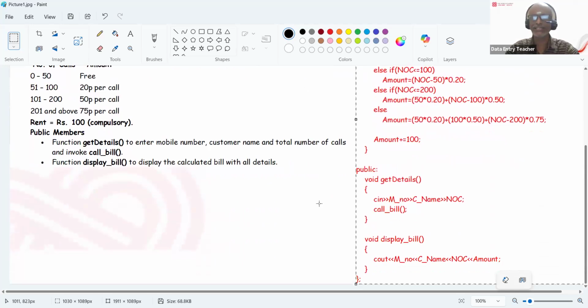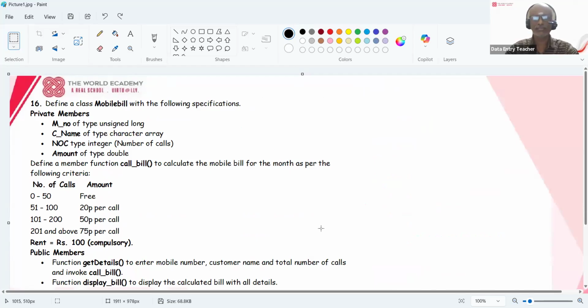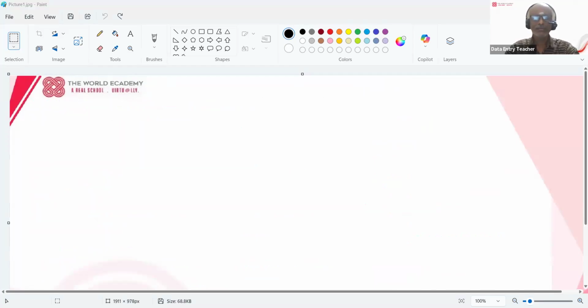Then get details is to get the inputs. You are getting the inputs and then calling the calc function. Once you get the input, you are calling the function bill, and then you are displaying the bill. So this is how you have to do it. This is a 4-mark question, so you can easily answer it. So very simple question. One question on the class will definitely be there, so please make sure you're thorough with the class. So next question, again it is on